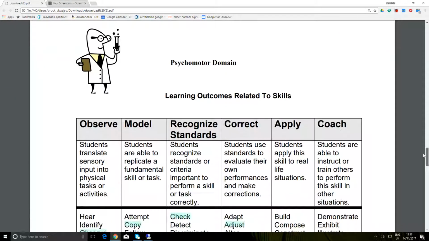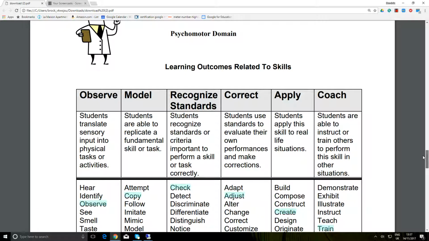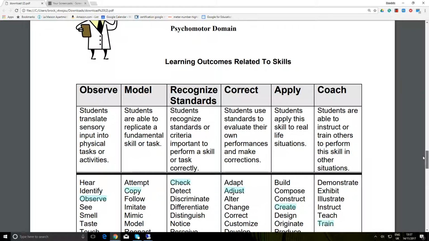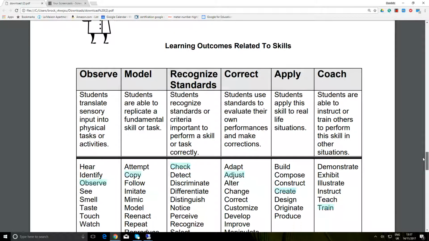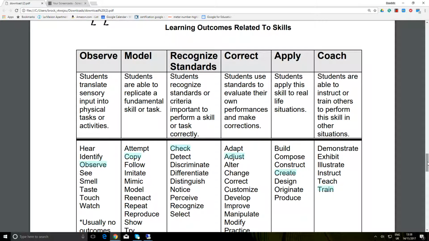On the next page is the psychomotor domain. Once again, here are some useful verbs which you might use over a series of lesson plans in the learning outcomes section. For example, with hairdressing, you might first observe the teaching of a particular skill, then the learner would